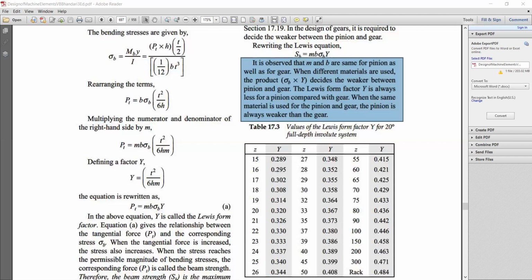On page number 8.4, there are materials allotted for a particular gear, pinion and wheel, based on the gear ratio, or you can say transmission ratio. If the transmission ratio is lesser than 8, you can prefer